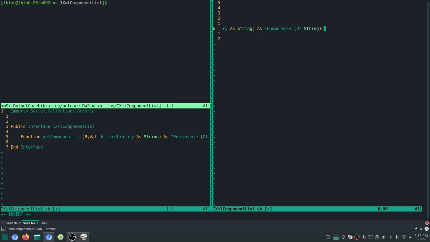let's go. This is kind of a misnomer. As I said, it's not a literal list I'm giving back. I'm actually giving back an IEnumerable. Okay, so you supply a desired library as string, and what you get out is this IEnumerable of string. So this is a component list. Okay, right here, I'll of course have tests to go with that,